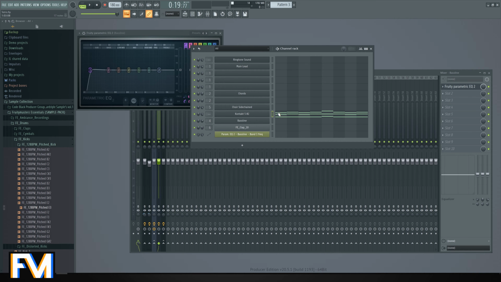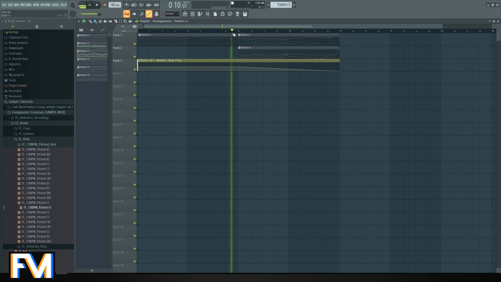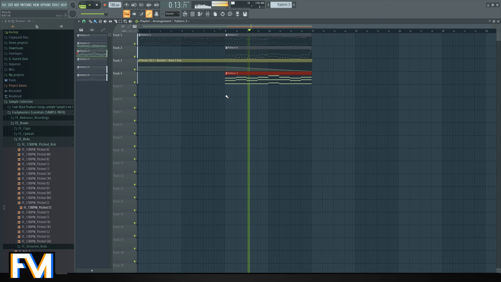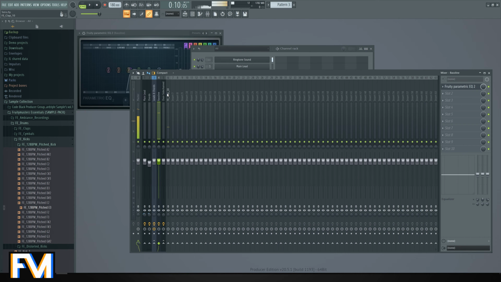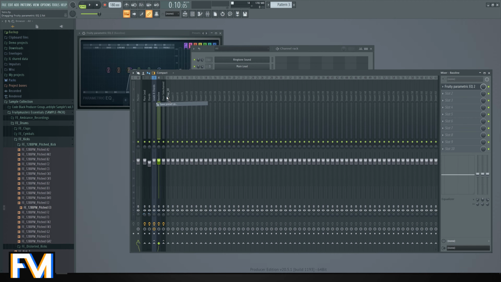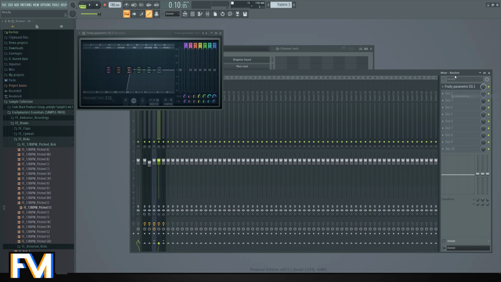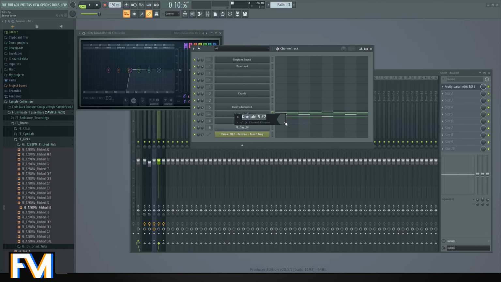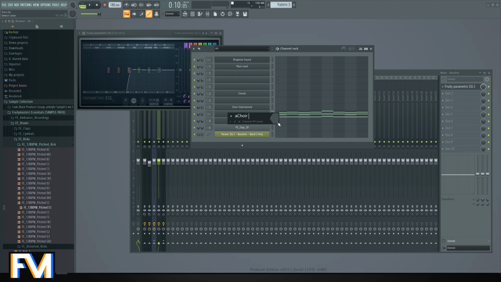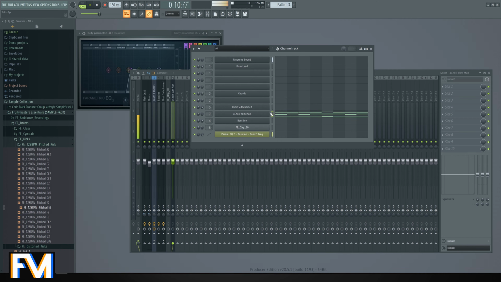So, man choir right here. Let's also give it a filter. Well, let's give it the same filter actually. Save preset as... wait, the man choir isn't in yet. Choir some men, I don't know.